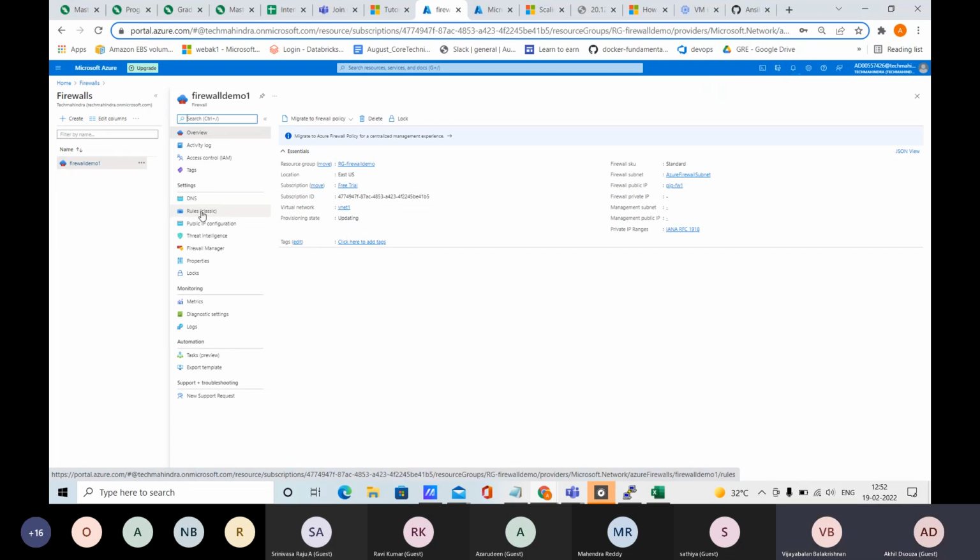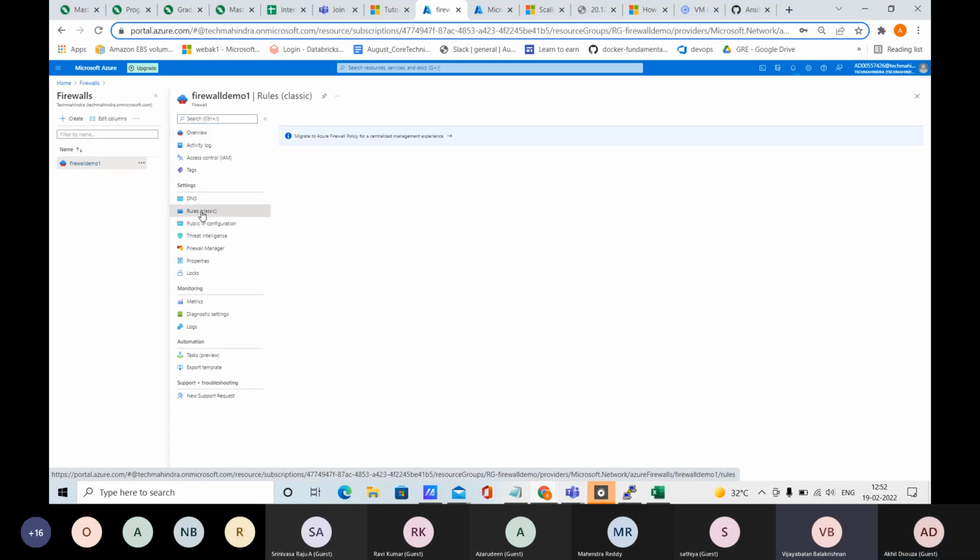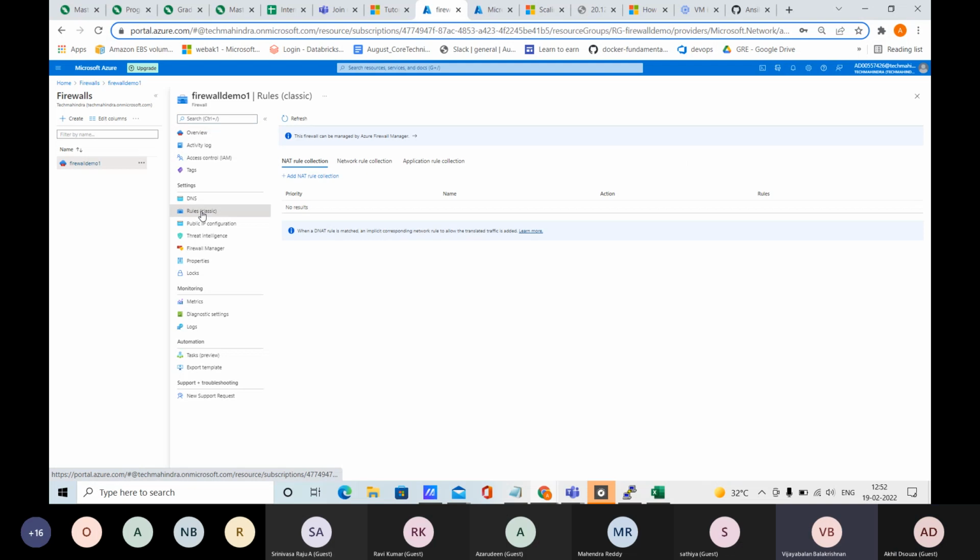Now can you just explain what it is so that I can also cover some more information? Say, for example, you want to assign this firewall to some VM. First you need to define the firewall rules, what is allowed and what is not allowed. Where will you go and configure it?